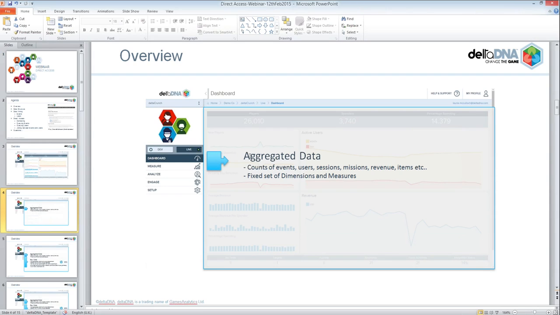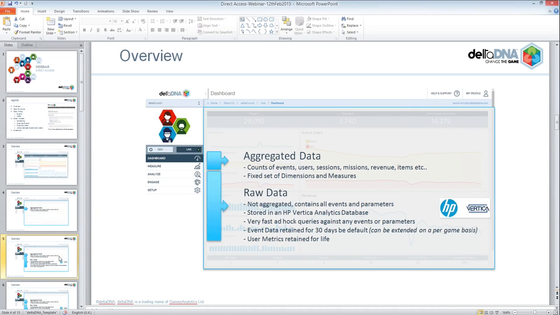At this level of data detail, you're not getting right down to all the events and all the custom parameters that you're sending. However, as you move down through this navigation list into the Analyze section of tools, that's where you then start hitting the raw analytics database. The reason the Delta DNA platform is so fast and lets you do so many exciting things with your data is essentially because a lot of it runs on this Hewlett-Packard Vertica analytics database. This is a very fast database system that essentially lets you query directly against the raw events and parameters that are sitting in your hot data window,